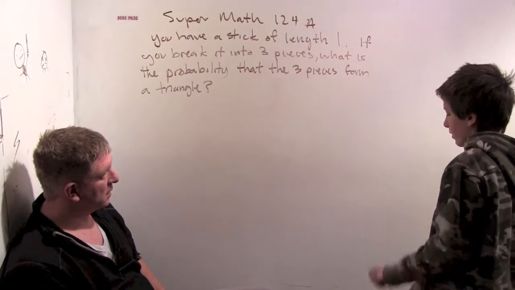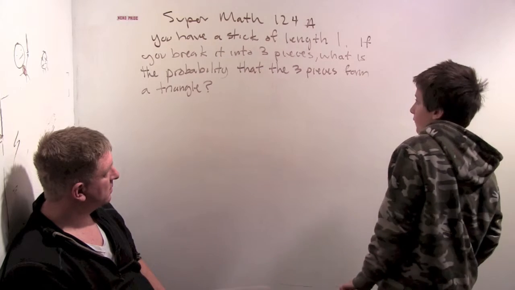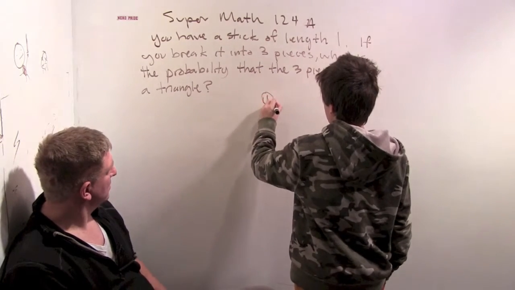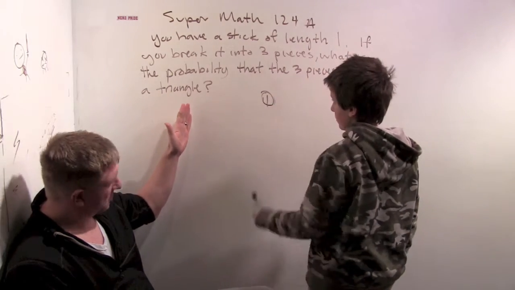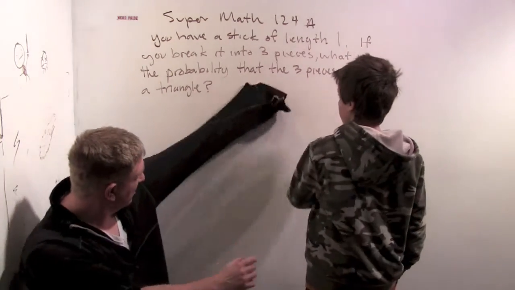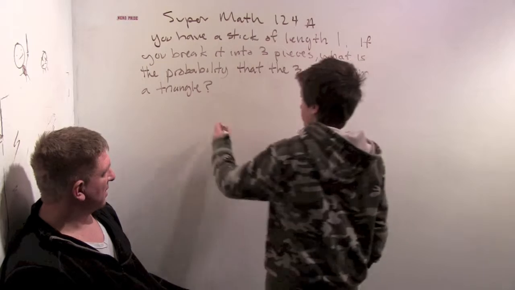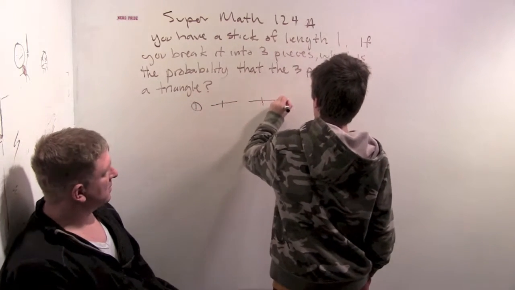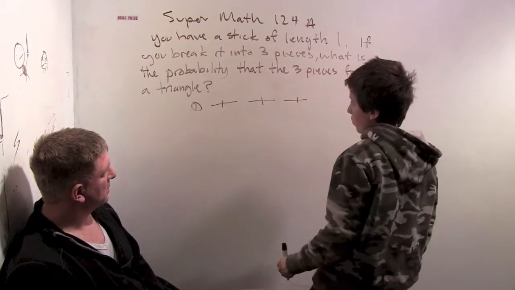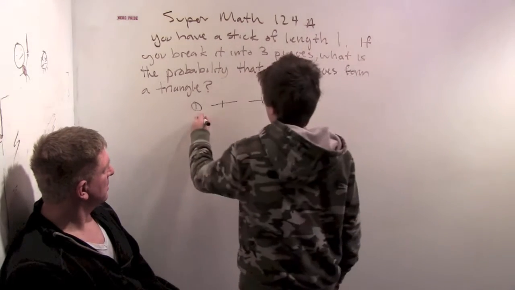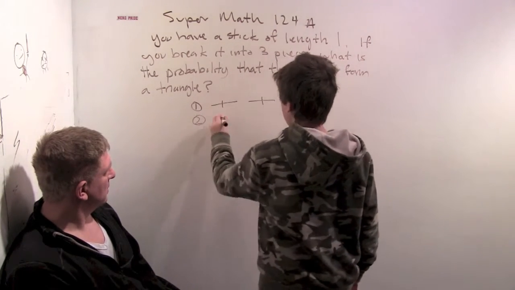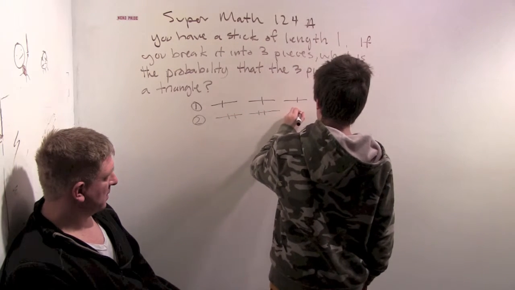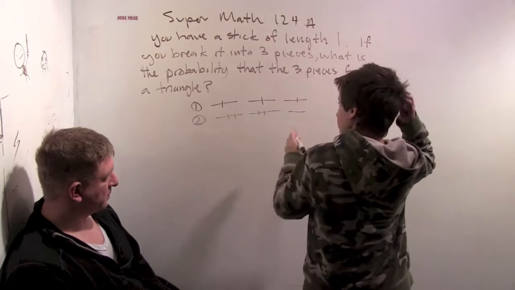Well, I broke it into 5 cases. Case 1 was where you got an equilateral triangle. And there's only one case in there. Case 2 was where you got 2 segments of equal length and another segment, and you could make a